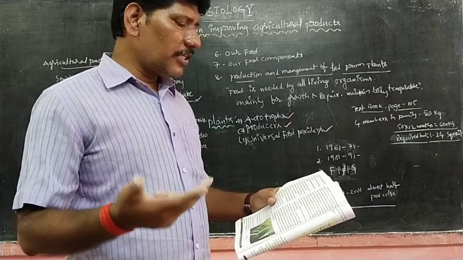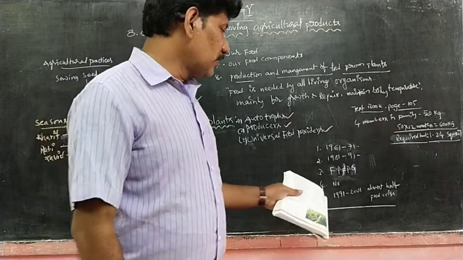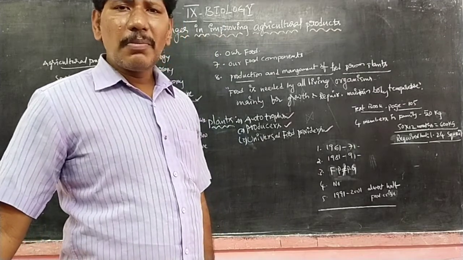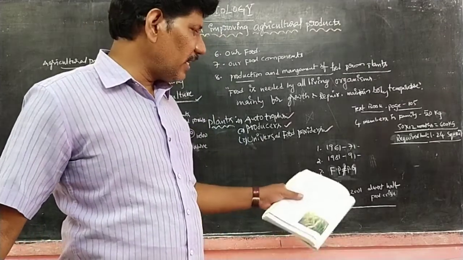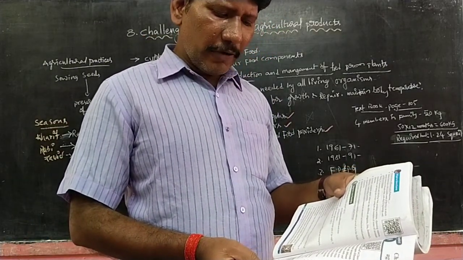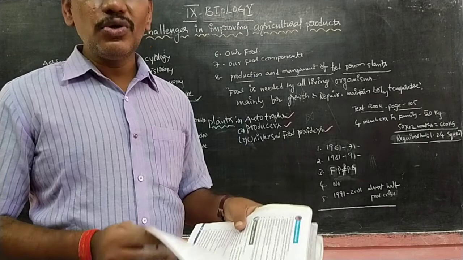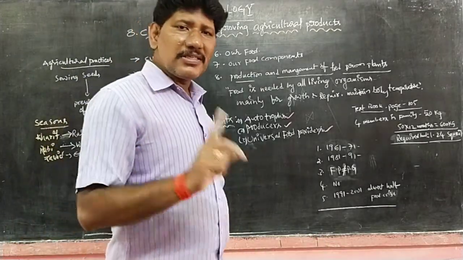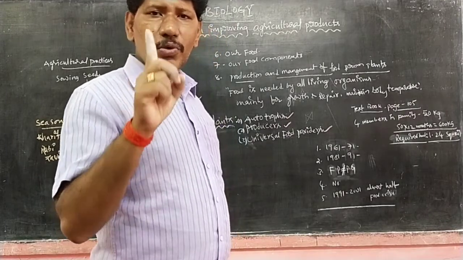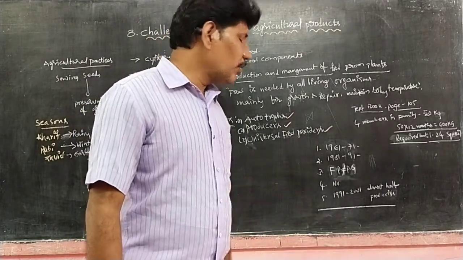Next, in which decades did production of food grains not satisfy the needs of the population? Yes, in 1991 to 2001, the population growth is very heavy. When we look at the table, in 1991 to 2001, the population growth is 1.95, almost 2%, but the food grain production is only 1.1. Nearly half of the people, that means out of 2 persons, only 1 person is getting food. That is the food crisis which we faced in 1991 to 2001.